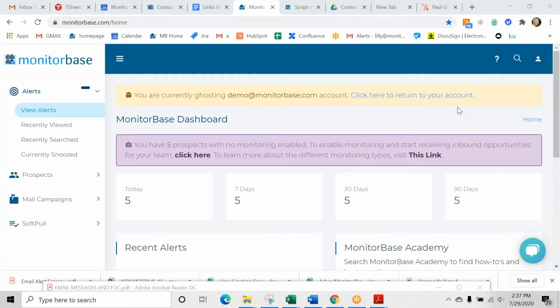Okay. Perfect. So just again to give you a refresher on Monitor Base, I don't know who of you have really been engaging with this system versus who is a little bit more new. But the goal behind Monitor Base: it was created by two brothers who were loan originators, and they saw that there was a gap in marketing strategy, where you have this gold mine of past funded clients. They're amazing clients for your future loans and refinances. And they trust you, they worked with you before. And so the problem is really just knowing when they're back in the market.